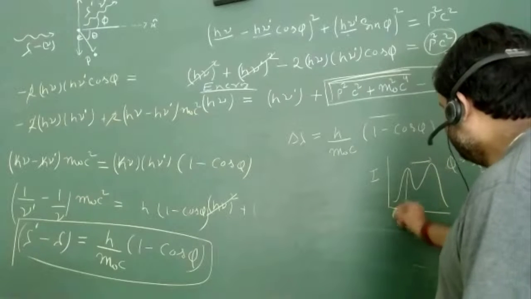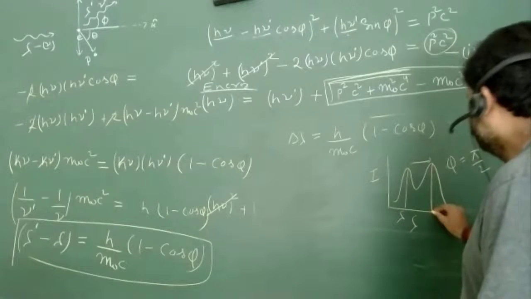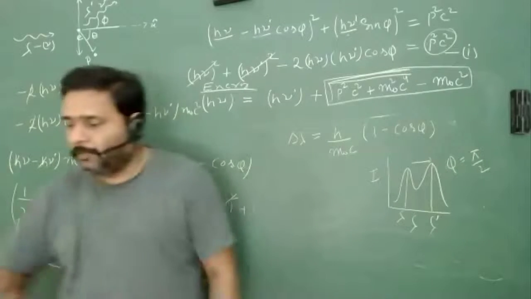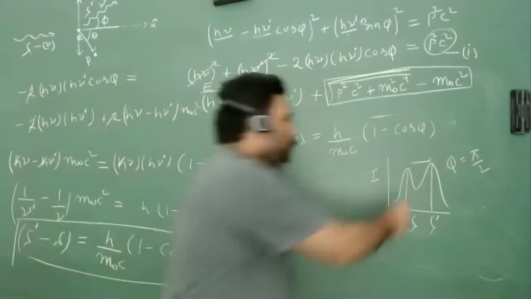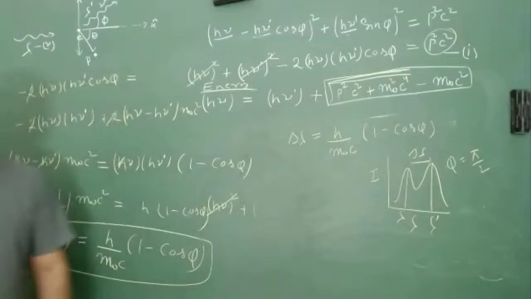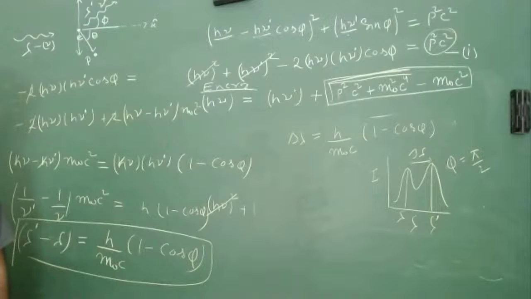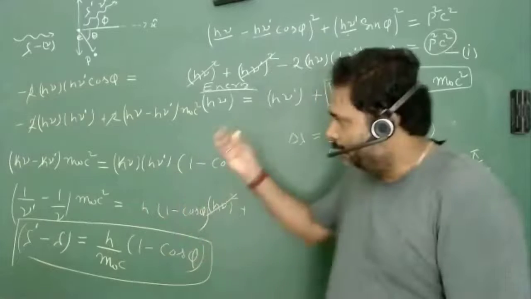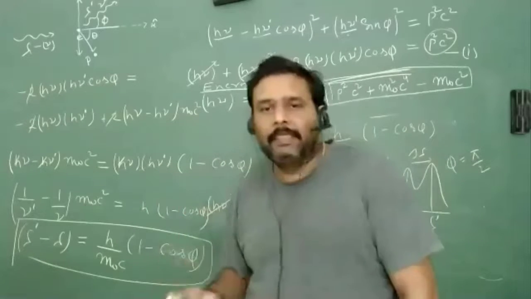One is at the incoming wavelength, and exactly one is at the scattered wavelength. So there are two peaks. This can be easily explained by the Compton effect. This is a very interesting thing. What is happening and how this is happening, I will discuss tomorrow, but I have to derive one more thing. So first I will derive that thing.